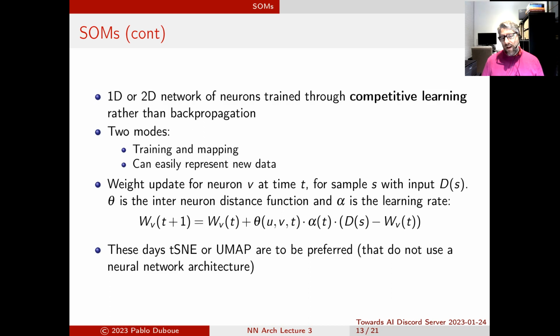These days, I haven't seen many people using SOMs. We had a paper on a deep learning expansion of SOMs in the seminar back in Argentina. What these days people use for dimensionality reduction is t-SNE or UMAP. The thing is that those techniques do not use a neural network architecture. So if you want to do something that does dimensionality reduction as part of something else and is easy to communicate and to interpret, maybe having a SOM there might work.